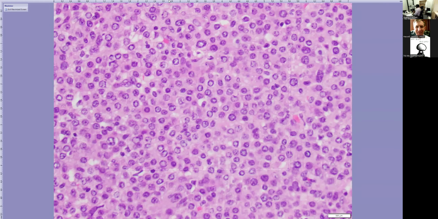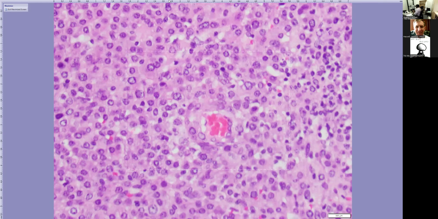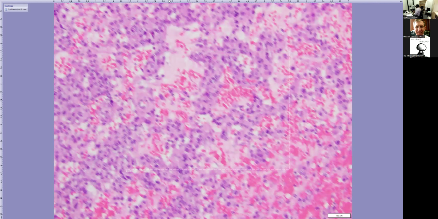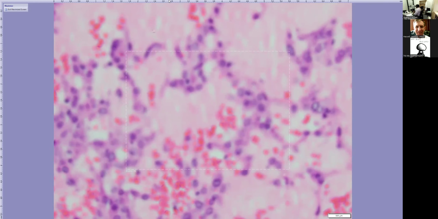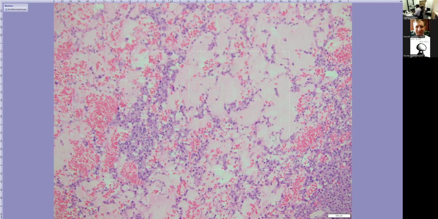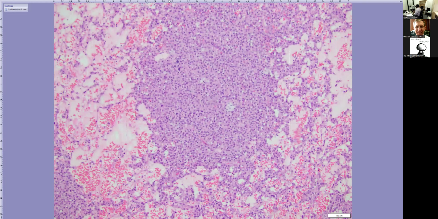Again, nothing alarming in terms of cytomorphology. And then when you go back to the areas where it has those clearings and cystic spaces which are filled with blood, the thin strands of tumor cells look exactly the same as those sheets of polygonal cells. So when I saw this case, I had